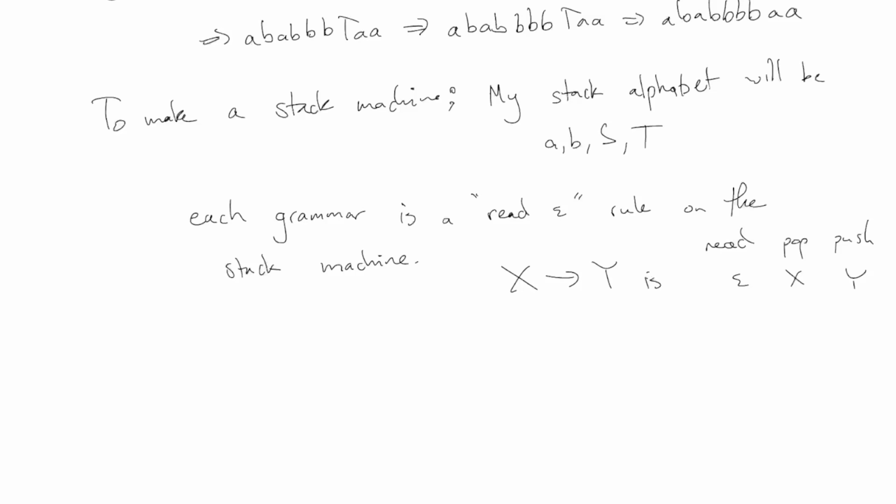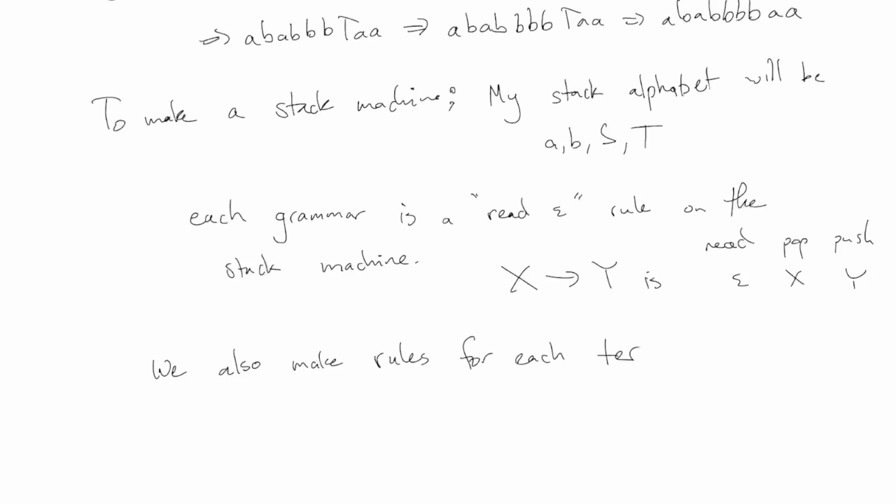Each grammar rule, x goes to y, becomes a stack rule: read epsilon, pop x, push y. Now there has to be more than just that, because these are all read epsilons. If your stack machine only has read epsilons, then it's never going to work. But we also make rules